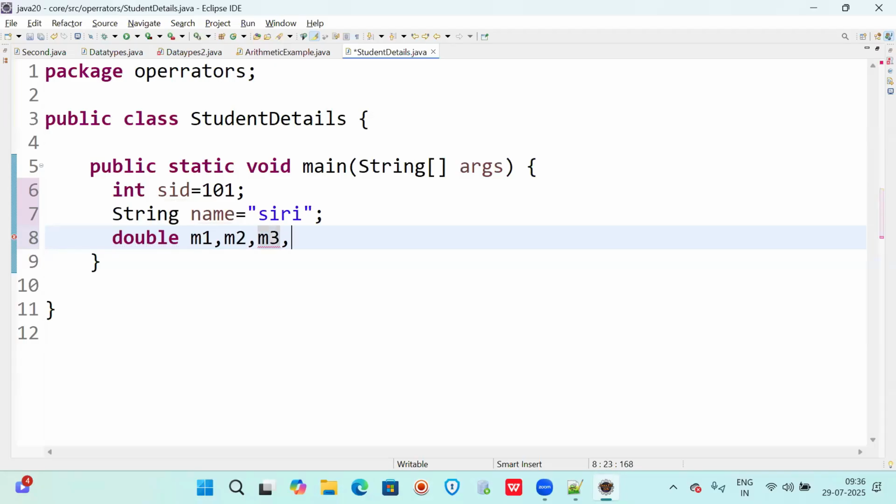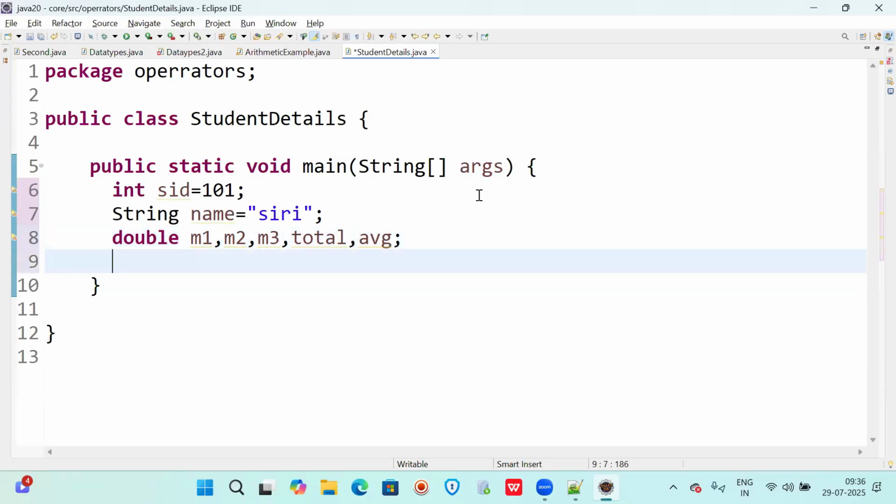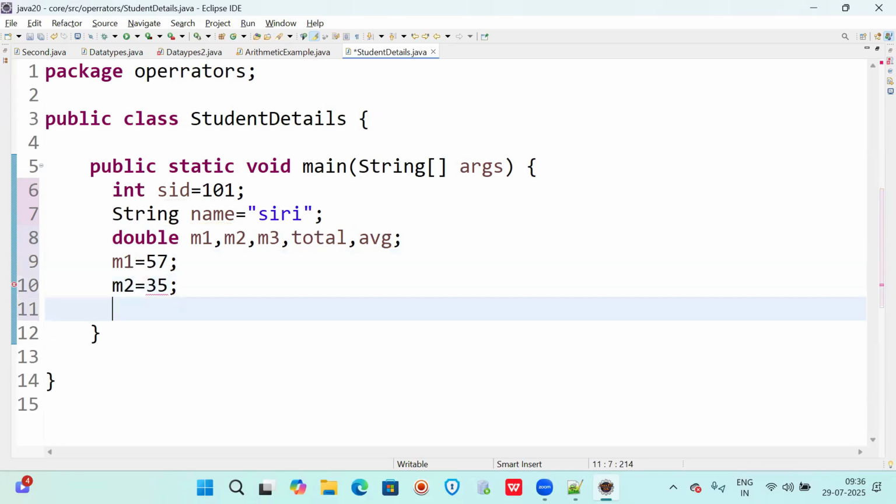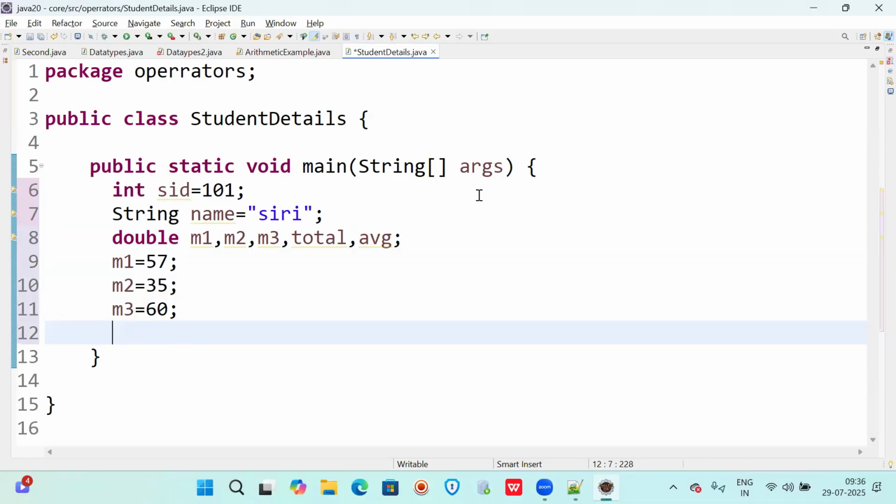And after this, I want to calculate the total as well as average. This is my question. Now, I will assign the marks in three subjects: M1 is equal to 57, M2 is equal to 35 and M3 is equal to 60. Like this, I can give any marks.